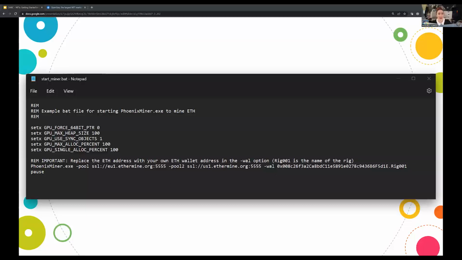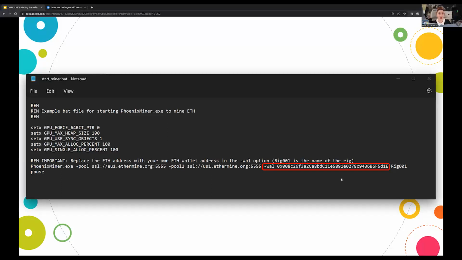And this bat file tells the Phoenix Miner application where to credit the mined Ethereum. So we need to update the wallet address there. And you're going to substitute the set of numbers after -WAL, right? So these numbers with the wallet address before the .rig here, right?